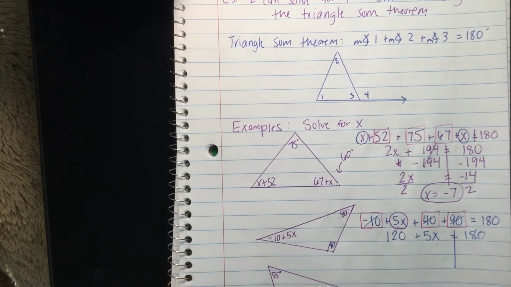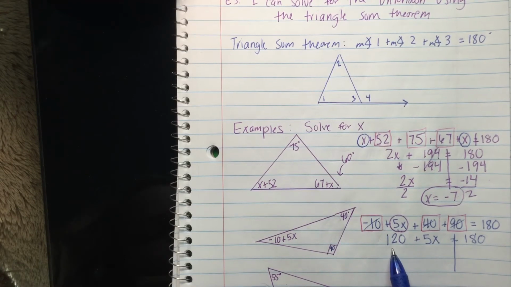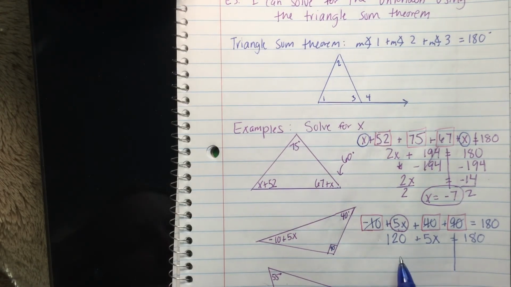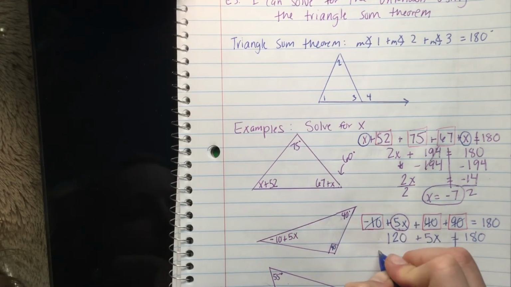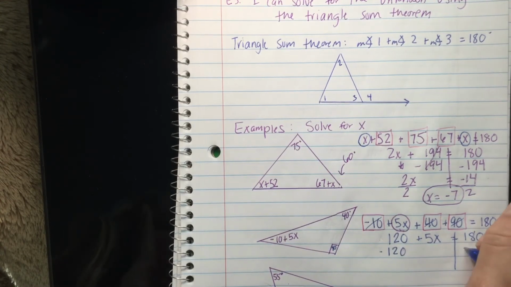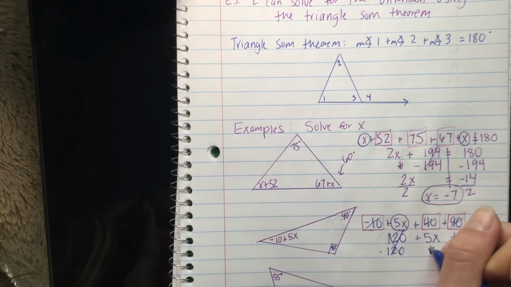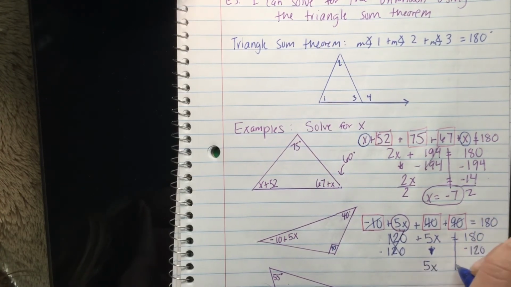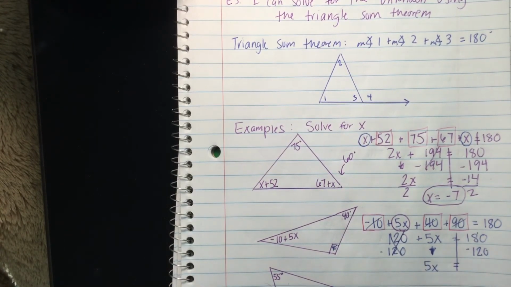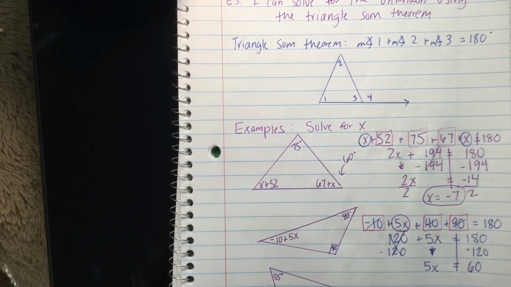I'm going to scoop this up. The number not attached to the variable, which is 120. And we perform the opposite operation. So the opposite of positive 120 is minus 120. Whatever we do on one side, we also do to the other. Then we have this cancels. We move this down. 5x equals 180 minus 120 is 60. And then we are going to take what number,